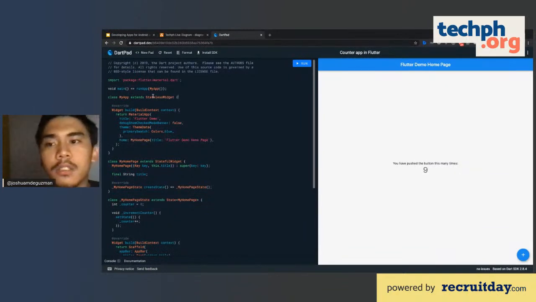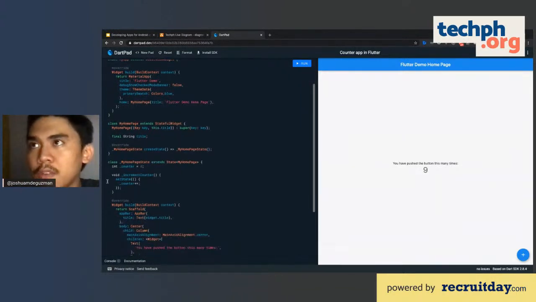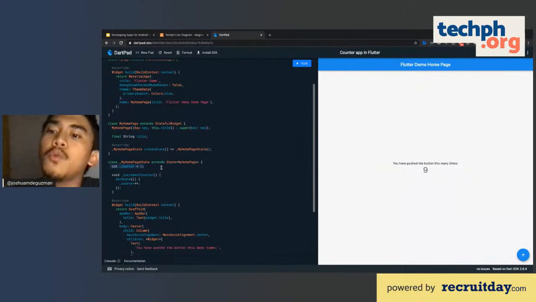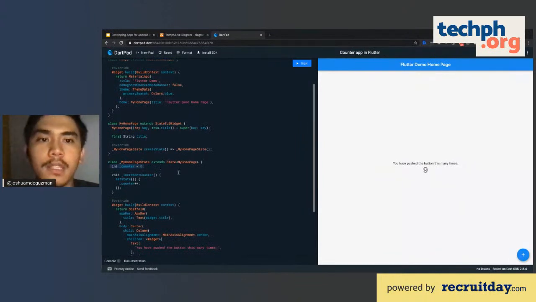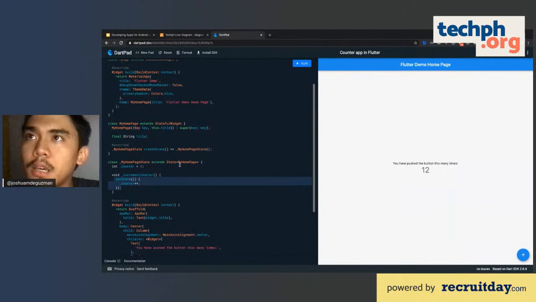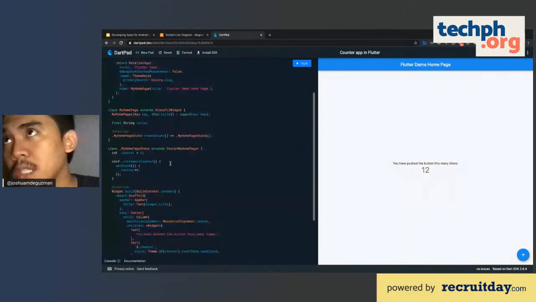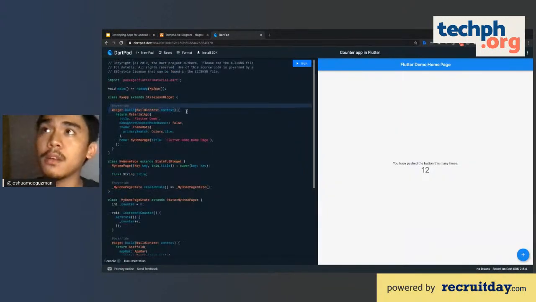Again, internal state changes, it's not a buzzword, it just refers to these types of variables that actually change when you open your mobile app. So for example, this one is a variable that changes during runtime. So if you try pressing this one, setState, which is a callback included in a state object, allows itself to rebuild this build method that we have in Flutter. For stateless widget, we also have the build method, but with stateless widget, this only happens once.